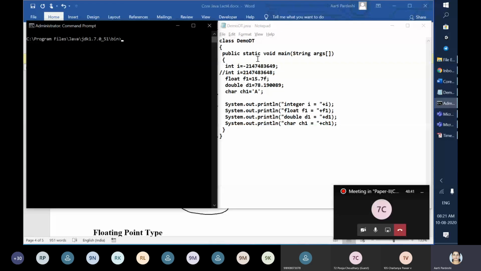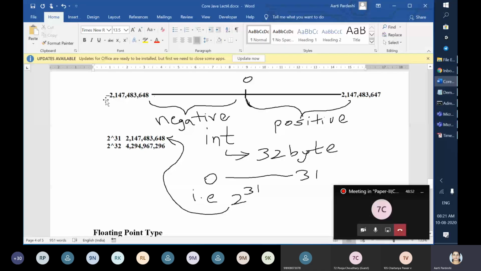Public static void main String args, int i is equal to minus. Now let me show you what negative value it can take. Minus 2,147,483,648 is the max possible negative value which you can assign to any integer.